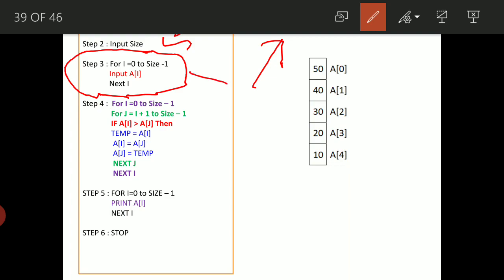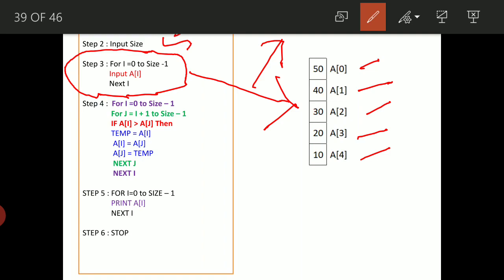We have discussed this part several times: when i equals 0, we input a[0], that is 50. When i equals 1, we input another element, that is 40. When i equals 2, a[2], we input 30. When i equals 3, we input 20. When i equals 4, we input 10.